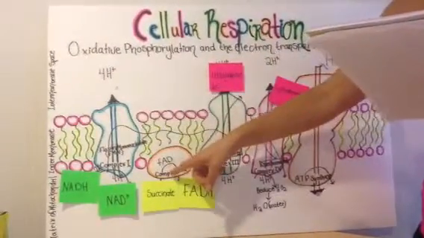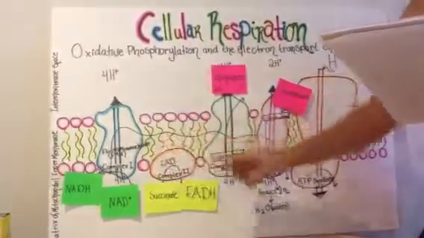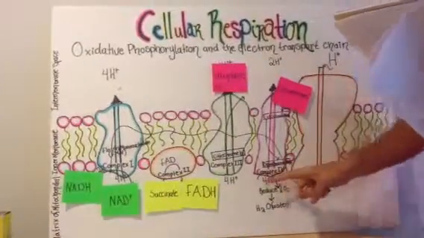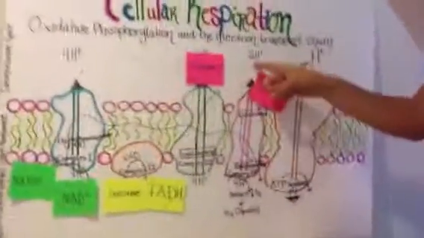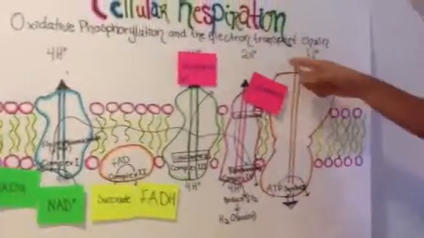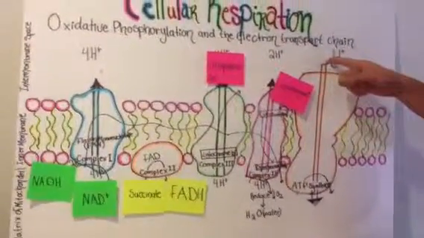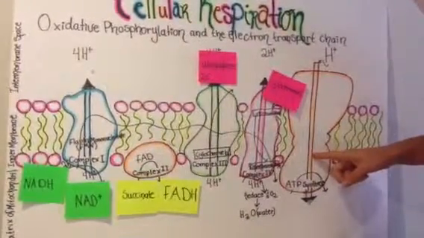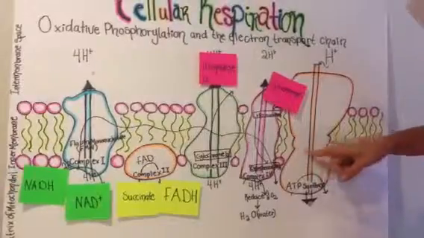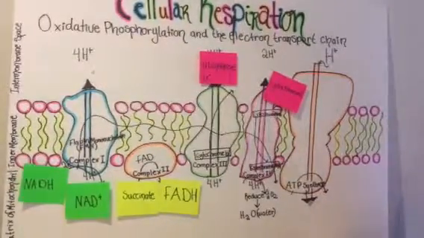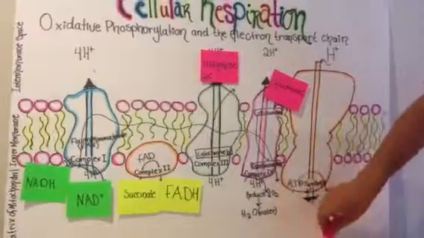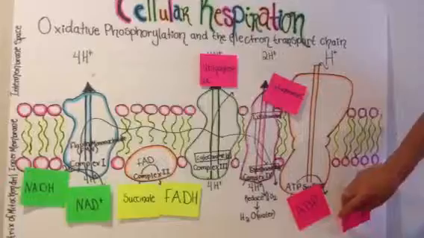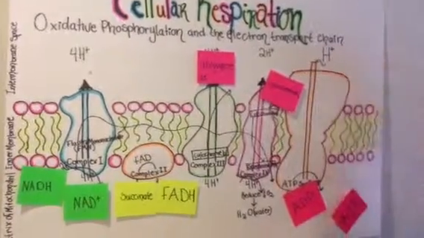Complex 2 is not a proton pump, so it does nothing. Complex 3 then again takes another 4 hydrogens to the outside. Complex 4 is a little bit different, and it only takes 2 hydrogens to the outside. With all these hydrogens, they go into the ATP synthase, which goes down here, and then the energy is made, it turns it, and then it takes ADP and turns it into ATP. And that is all for cellular respiration in 32